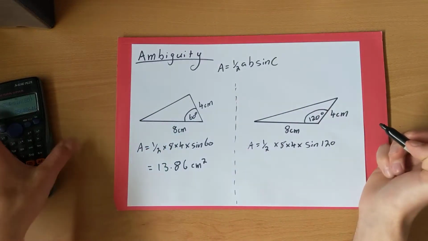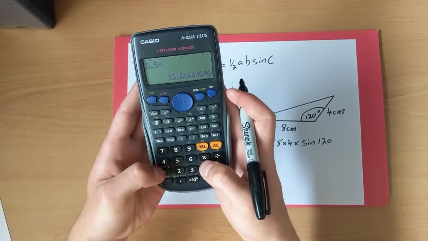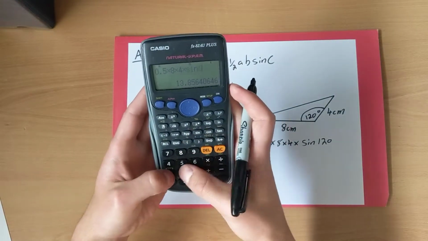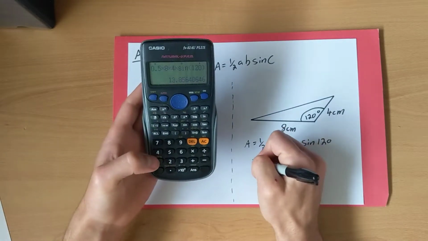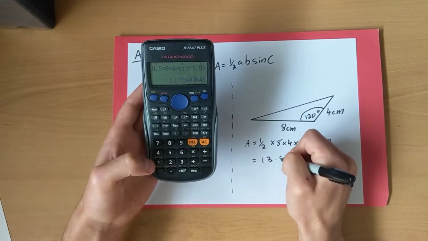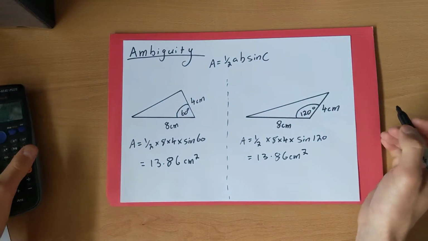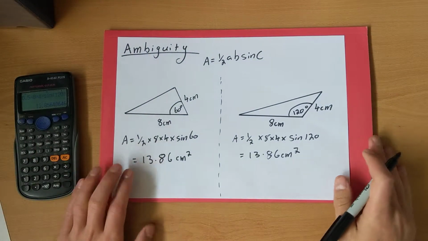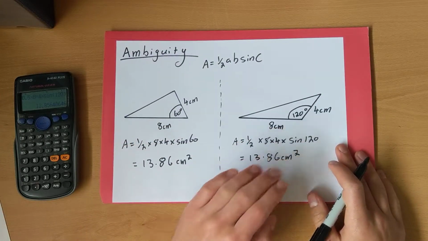Now this one over here, the area equals a half times 8 times 4 times sine of 120. So if I put that into my calculator, a half times 8 times 4 times sine of 120, it gives me also 13.86 centimeters squared. So these two triangles, which look very different, one is acute and one is obtuse, they have